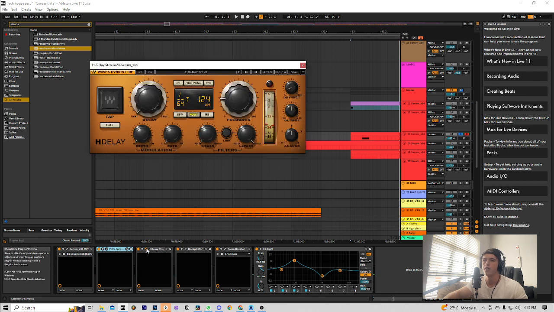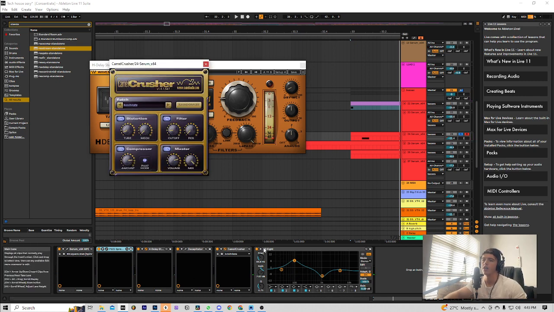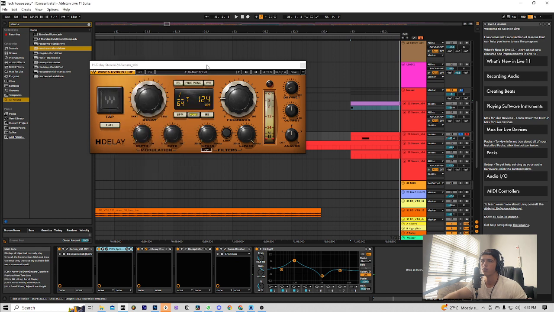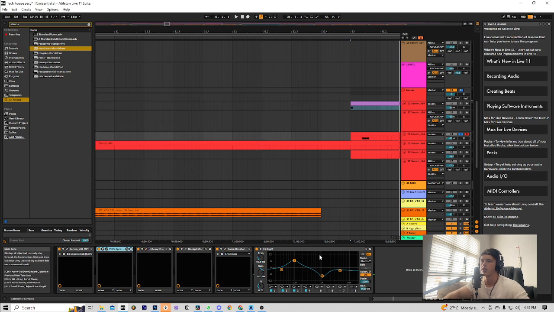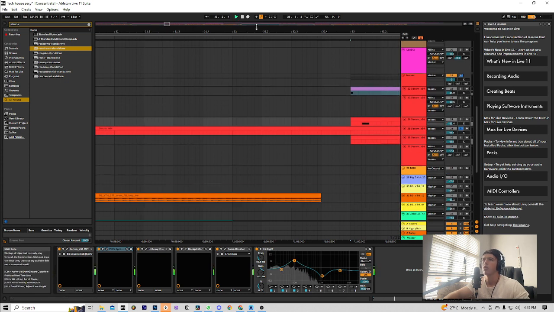Spreader. A delay, very short delay, that makes it quite wide. Camel Crusher, free plugin, sick plugin, and EQ. Without EQ, very noisy. With, tamed, boy, tamed. Next up,